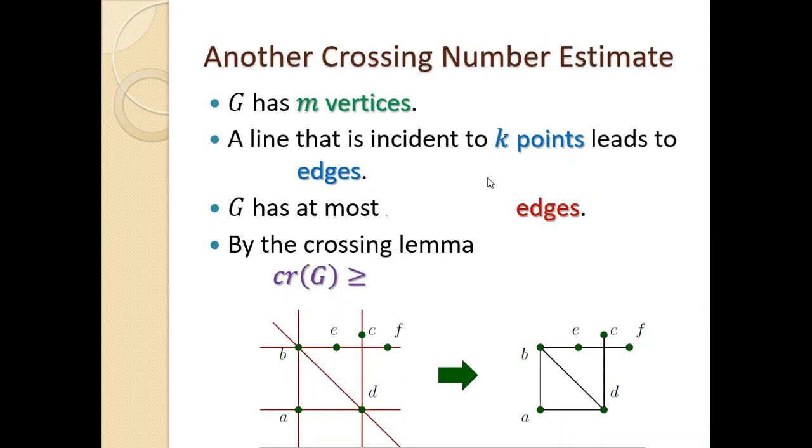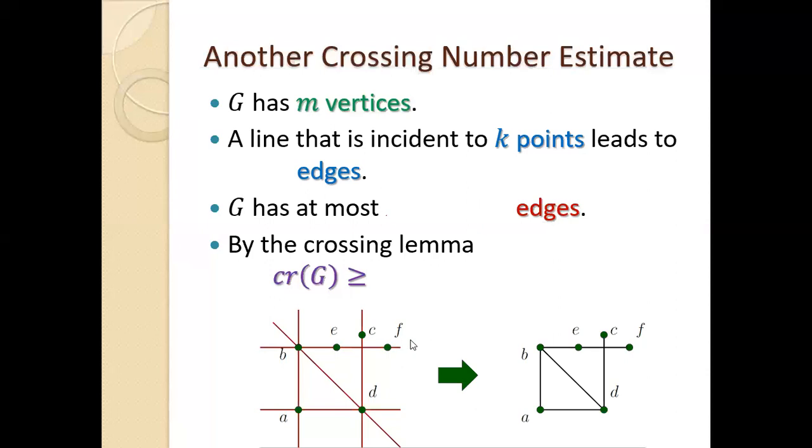How many edges is it going to lead to in the graph? I have a line with k points on it. How many edges does it create in the graph? Let's start slower. Let's look at this specific line. It contains A and B. It contains 2 points. How many edges did it contribute to the graph? Good, thank you. Indeed. So the only edge this line added to the graph was AB, the edge between A and B, right? It had 2 points. 2 points led to 1 edge.